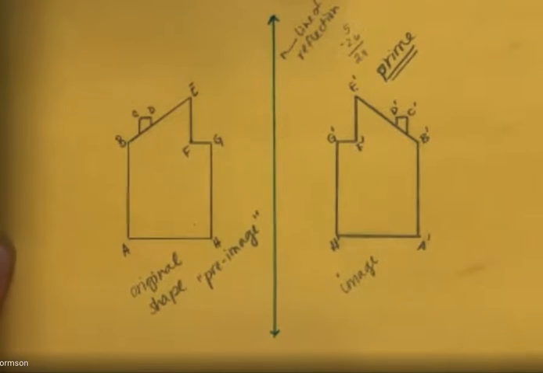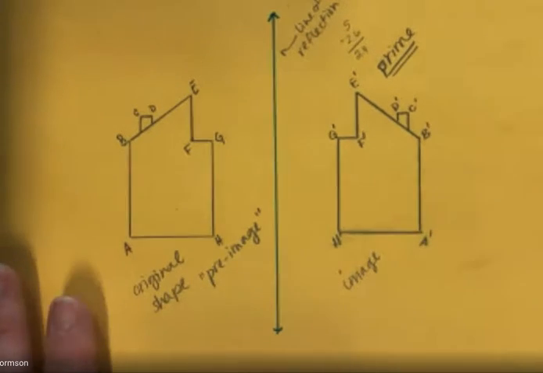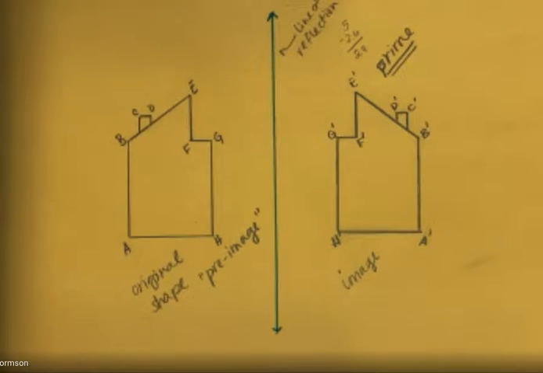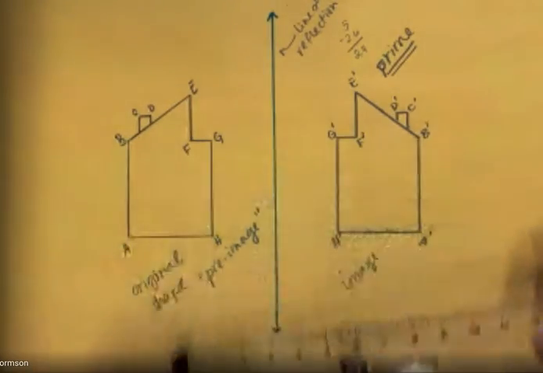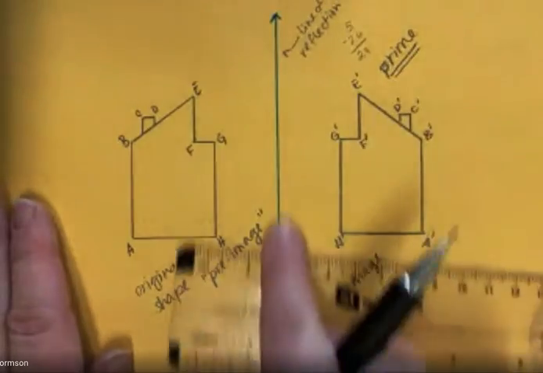So now we are going to look at this fancy little picture that you guys all saw. Now we're going to talk about some of the big ideas that come from making this reflection. I've talked about them a little bit already, but let's look at it more specifically. So if I were talking about this original shape versus this image and the line of reflection and